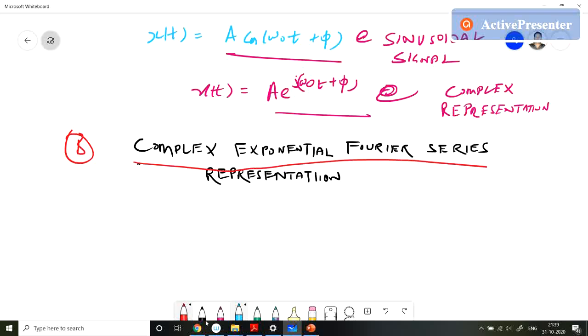Let us start with the complex exponential Fourier series representation and discuss this. So the complex exponential Fourier series representation of a periodic signal x(t)